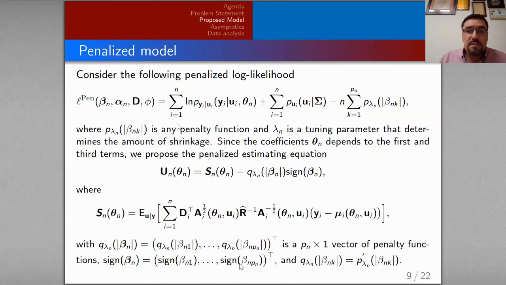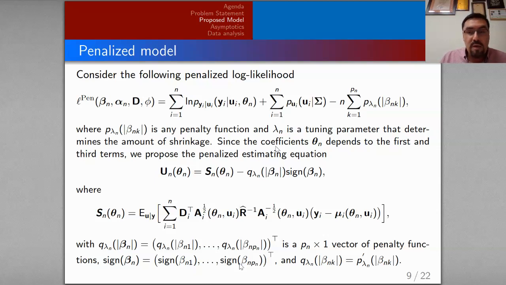Further, since it's a high dimensional analysis, we would like to select significant variables, and we use automatic selectors. So we consider the penalized log likelihood. I must also emphasize the work is based on likelihood, and we will consider a generalized estimating equation. The penalized form is given by this, and since the coefficient theta, which consists of beta and alpha,